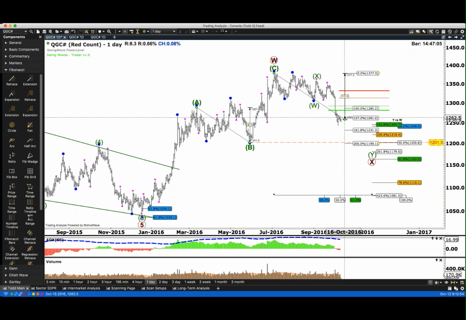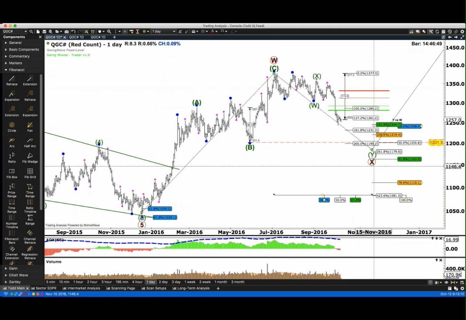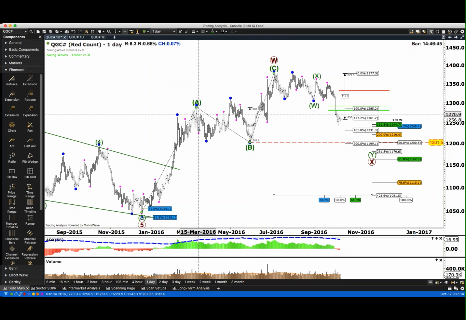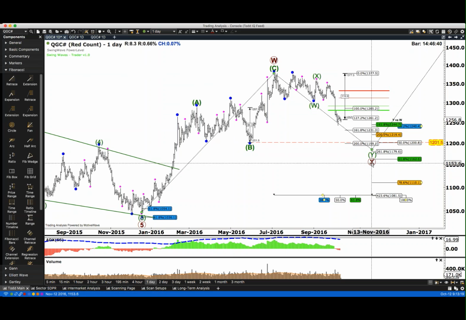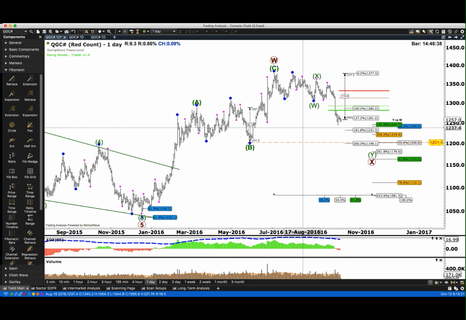So now we have a situation which is called overbalance. And that starts to signify that this correction is of a larger degree than this correction. Or said differently, this move lower is of a larger degree than this correction. So basically what that means is we're probably moving lower in this X wave right here, not this B wave. All that tells you is this is a 3-wave move and the top is likely in and gold is very likely to decline. Okay, so all I'm focused on is the 1272, 1618, and 200% of this drop.